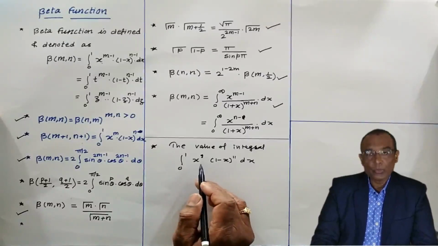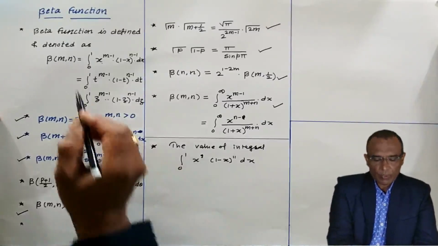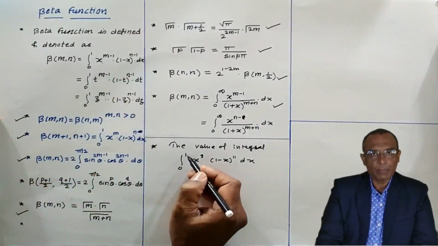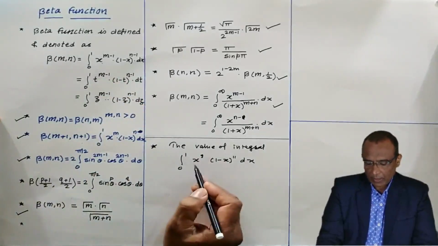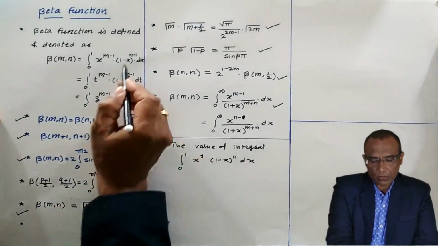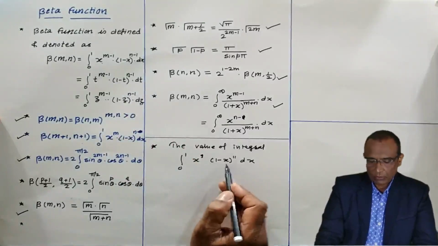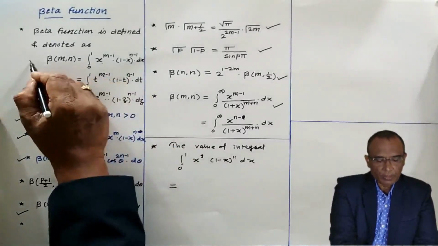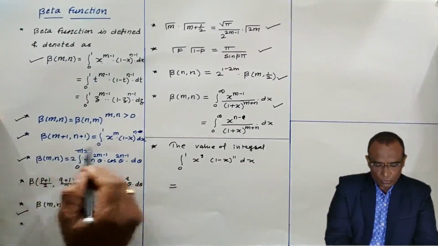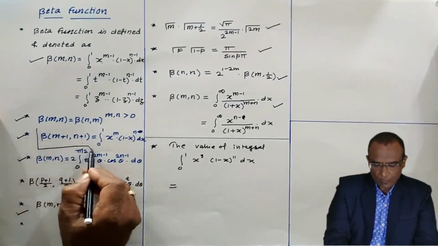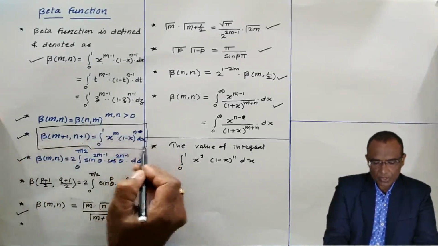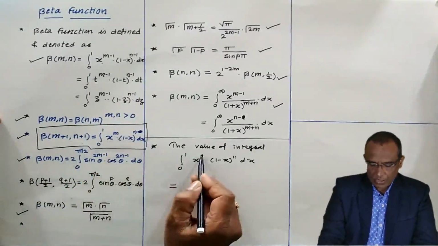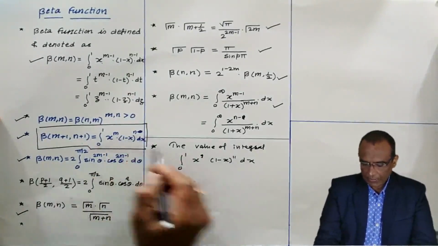Now, can you use beta function here? Yes. What is the requirement of beta function that you try to understand? In beta function, the upper and lower limits 0 to 1 are there, and the 1-x part is there. Now, we can use the beta function definition here. So instead of using this relation, you can use this also, because these two are the same. The x to the power m, here m is 9 and n is 11.